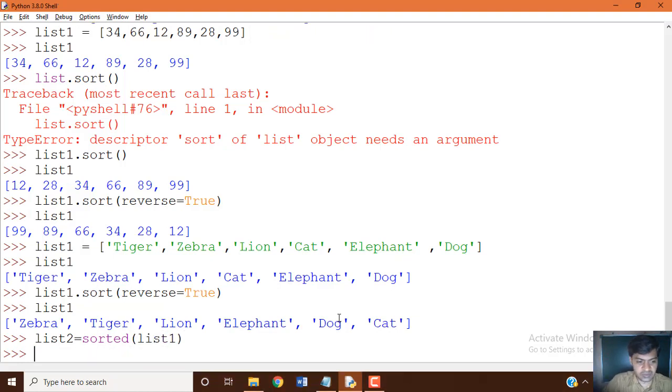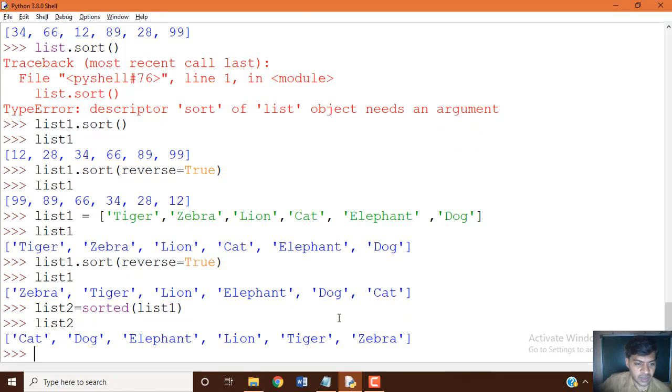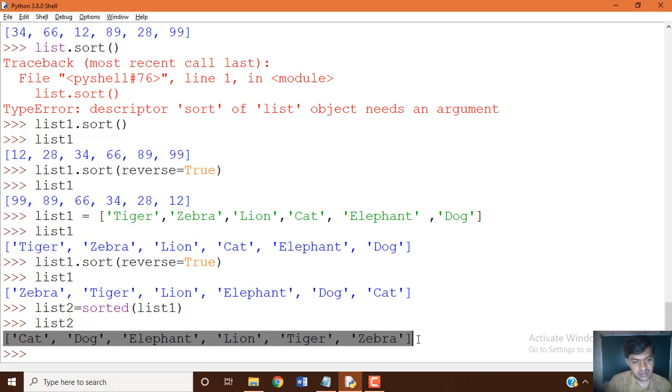Let's see what happens. Print list 2. Okay, so list 1 will be sorted in ascending order and assigned to another variable. See, sorted order. By using the sorted function also you can sort the data.